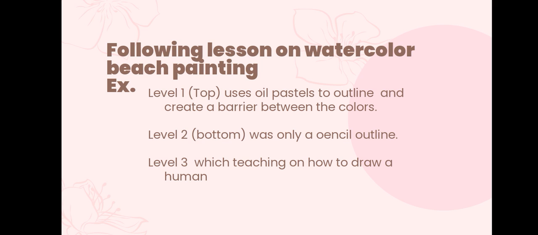Level 1 is very simple, a shape for the head, followed by level 2 which has more curves, and the last one is level 3, which is teaching how to draw the human figure. It is better to start with concrete shapes first before drawing abstract forms. For level 1, students trace the shapes, and for level 2 students can